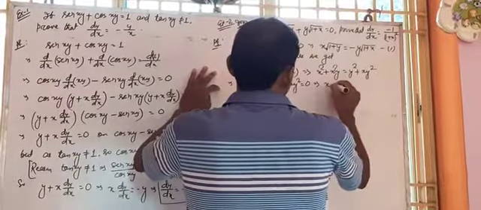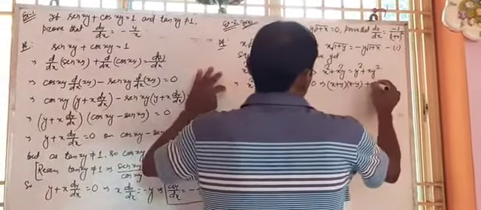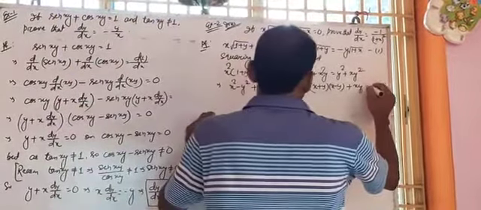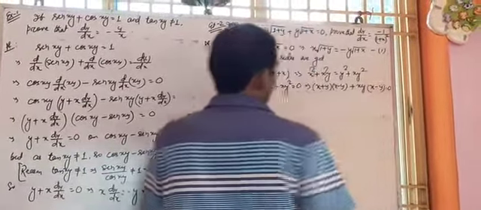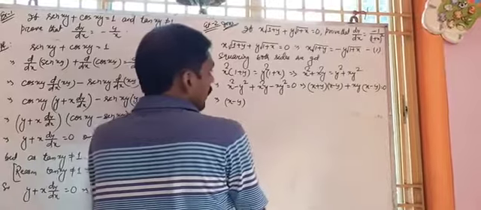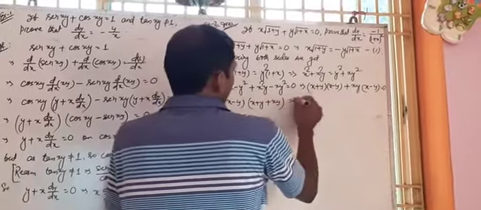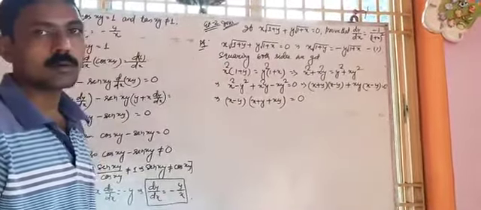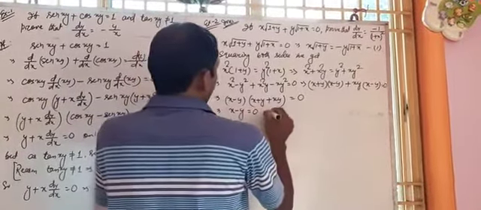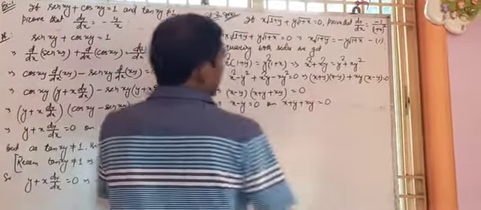Now x square minus y square is x plus y into x minus y. From the last two terms xy is common, so taking xy common, it is x minus y equal to 0. Now from the whole, x minus y is common, so it is x plus y plus xy equal to 0. So again, here we got either x minus y equal to 0 or x plus y plus xy equal to 0.